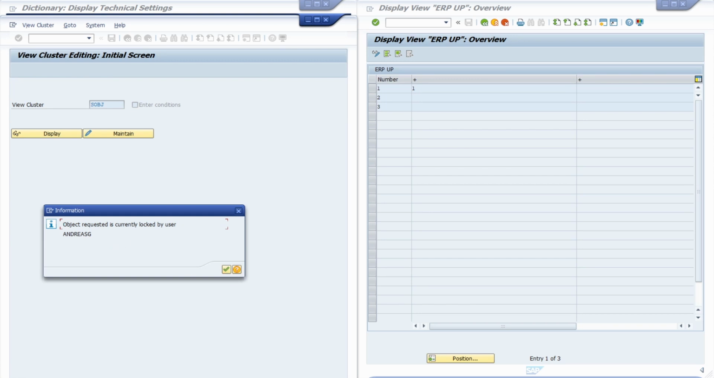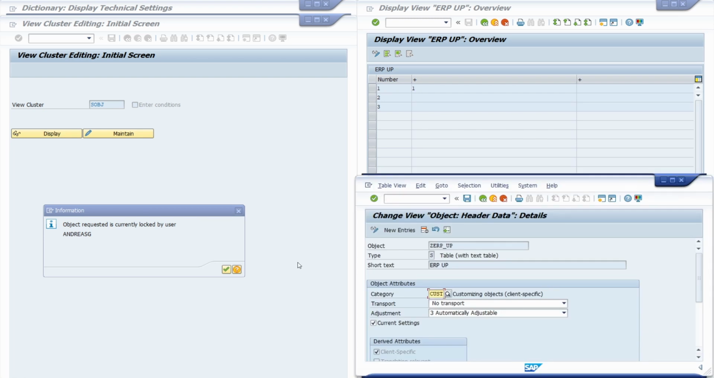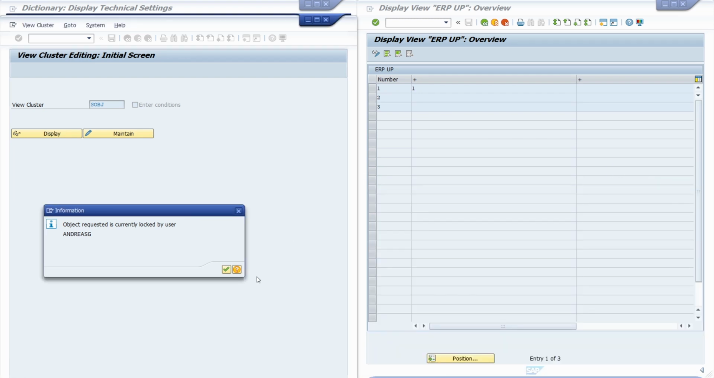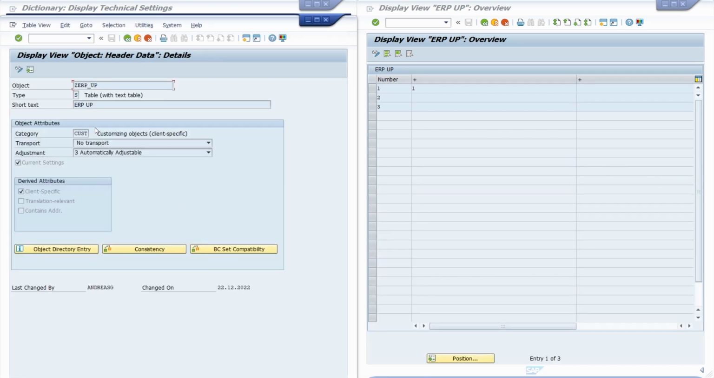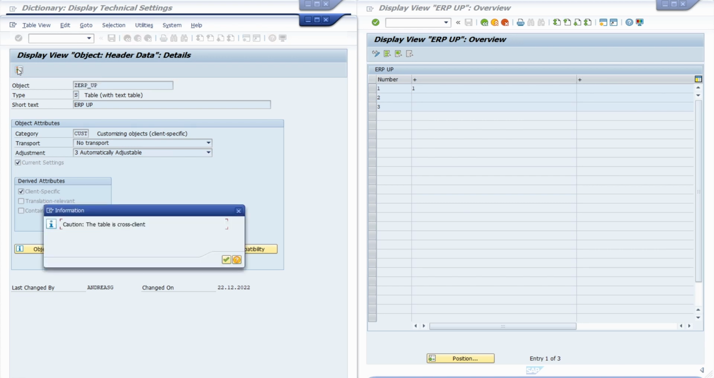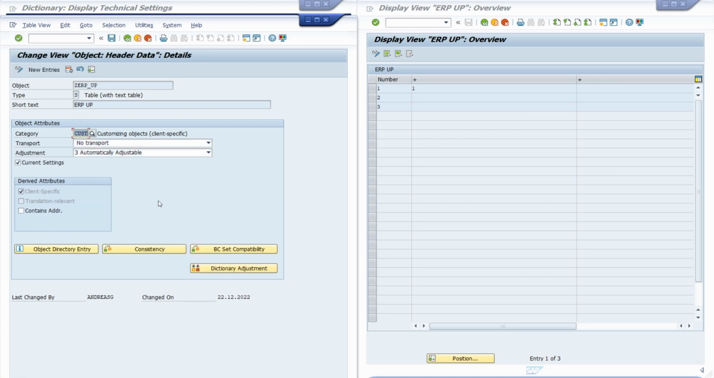It is currently locked. Because I have already opened it up, but I will close this for a second. And then you can go into the edit mode. And here it is really important that you select no transport, because you would directly make changes in the production system without any transport. So you have to select no transport, and you have to bypass the production settings, because